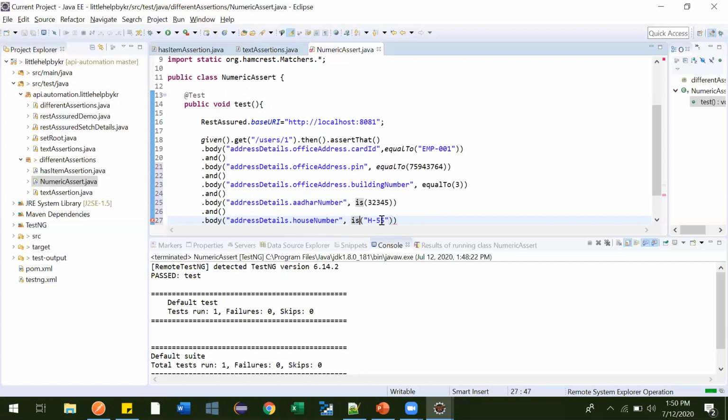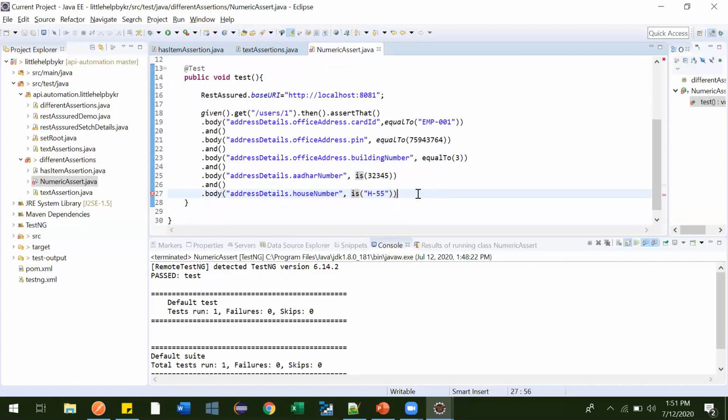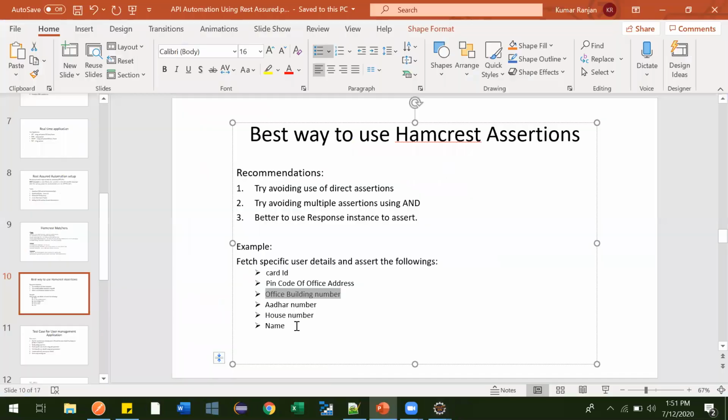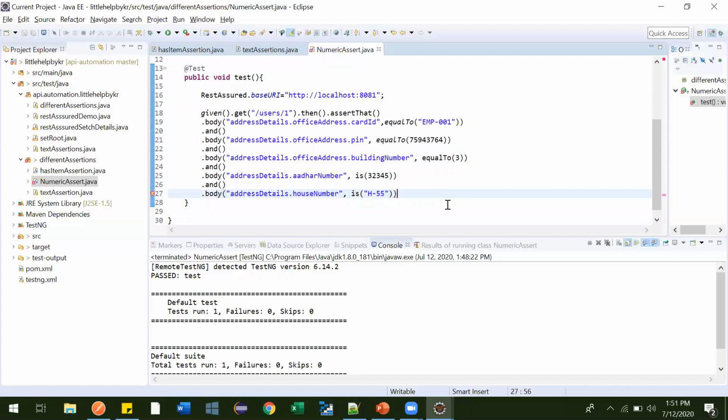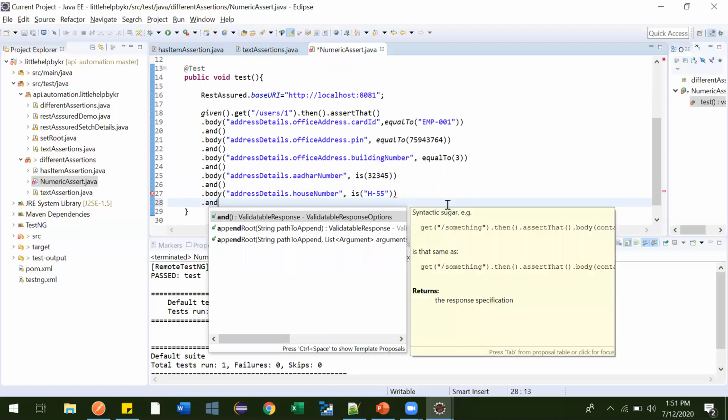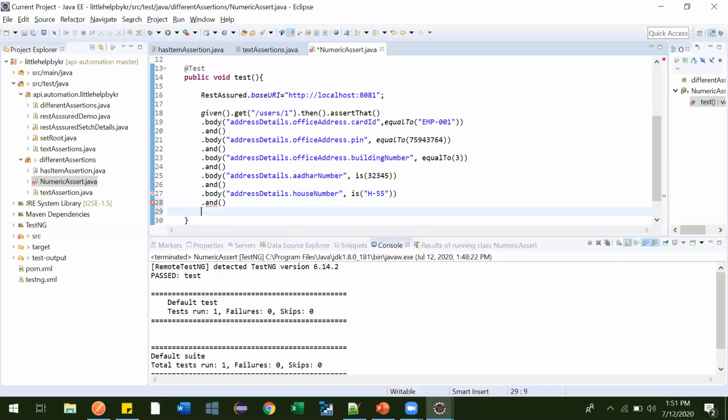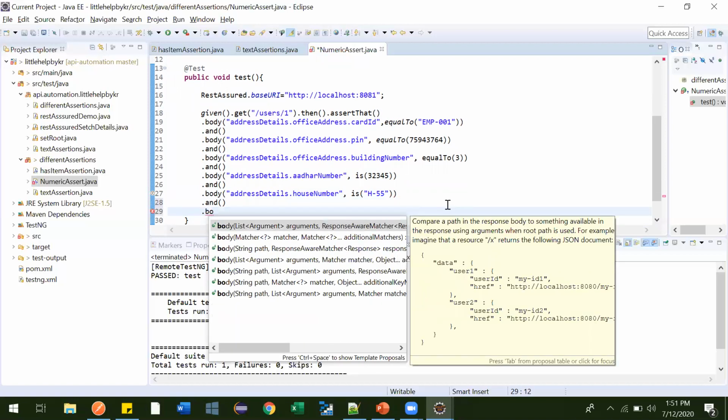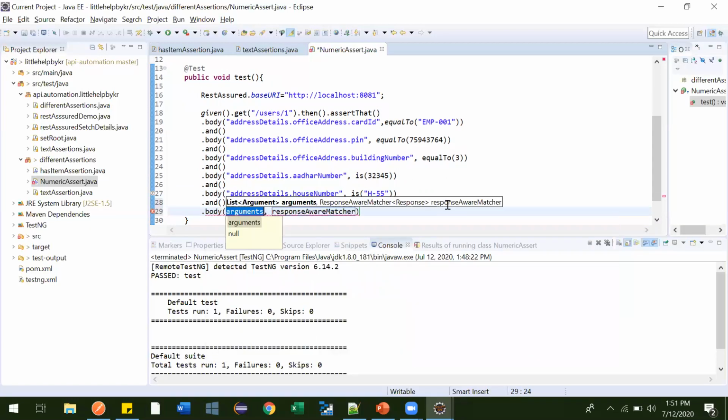Now the last requirement is to assert the name. Here again dot and dot body. Now here, name.